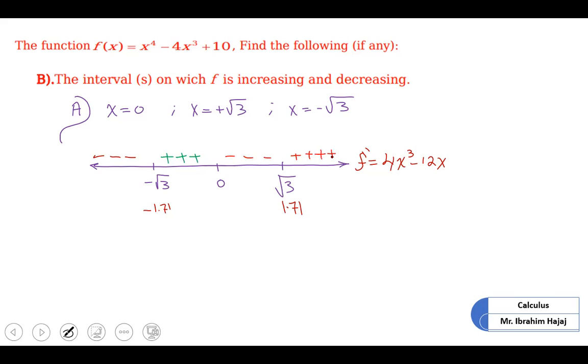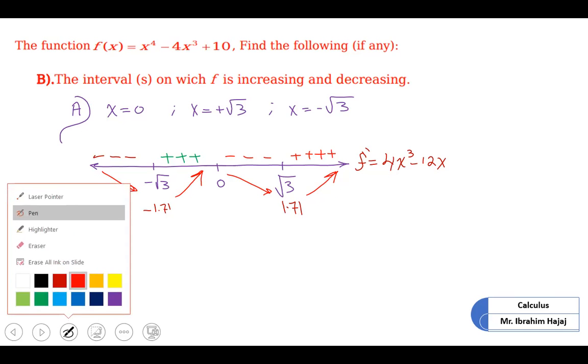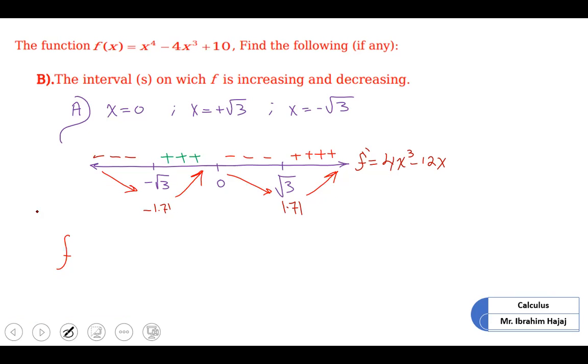So now we are sure that all of them are critical numbers, 0 and radical 3 and negative radical 3. Right? Why? Because f prime changes its sign from negative to positive and from positive to negative at these points. Okay, so as you see here, guys, here it's decreasing, and here it's increasing, and here it's decreasing, and here it's increasing. So we have to write that the function f has,